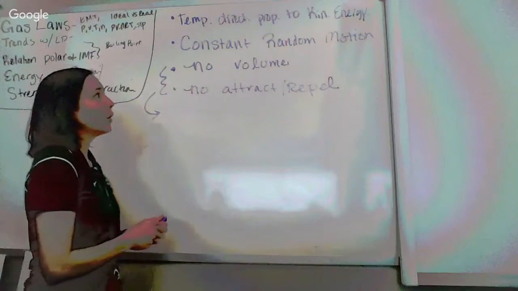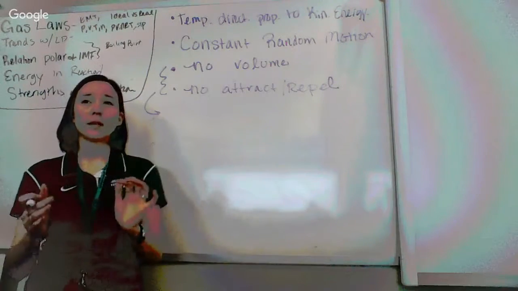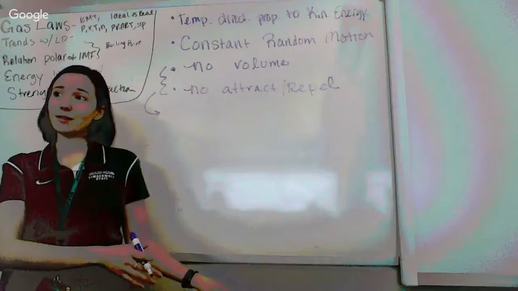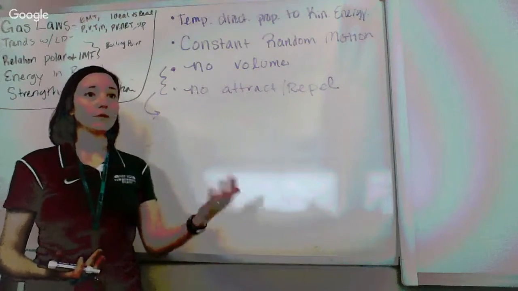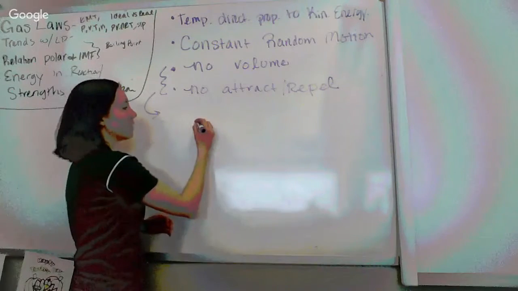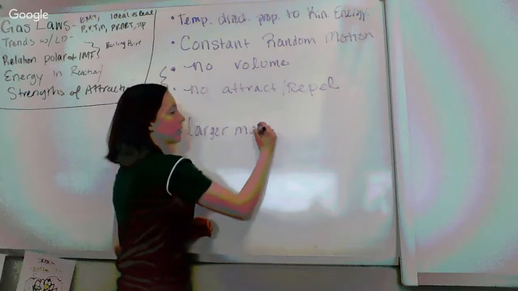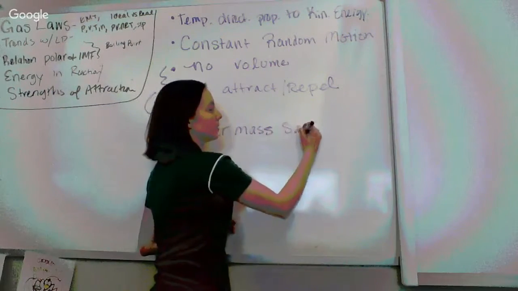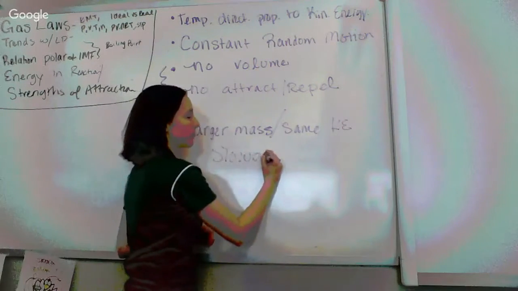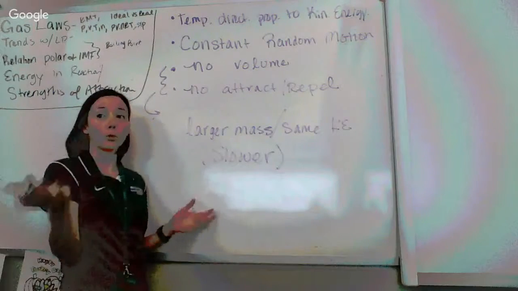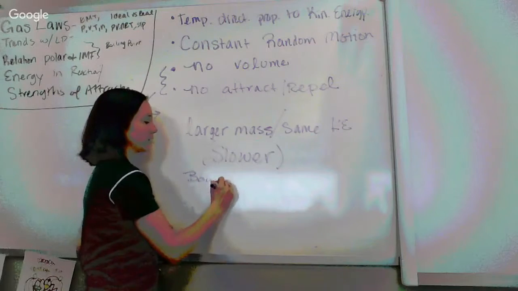That's true. One way that affects this unit is the fact that because molecules have the same kinetic energy but different masses, you might actually have all the same parameters and one's able to travel faster than the other. So if you have a larger mass but the same kinetic energy, that'll cause it to move slower. So think about throwing a bowling ball. We use that as an example. The bowling ball versus